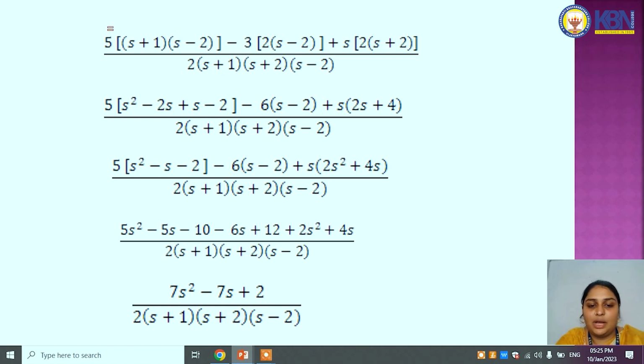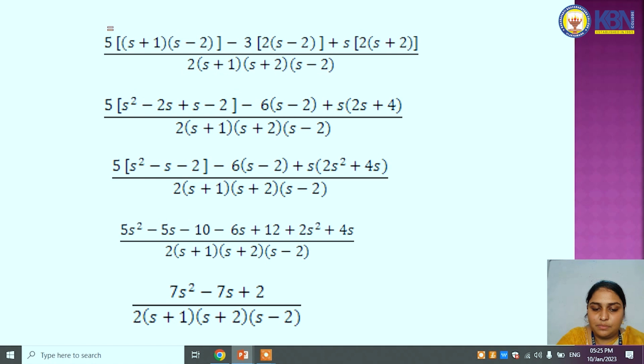That is 5s square plus 2s square, which results 7s square. Next, minus 5s minus 6s plus 4s. First one, minus 6s plus minus 5s, that results minus 11s plus 4s, which results minus 7s. The constant is plus 12 minus 10, which results 2. Therefore, the result is 7s square minus 7s plus 2 by 2 into s plus 1 into s plus 2